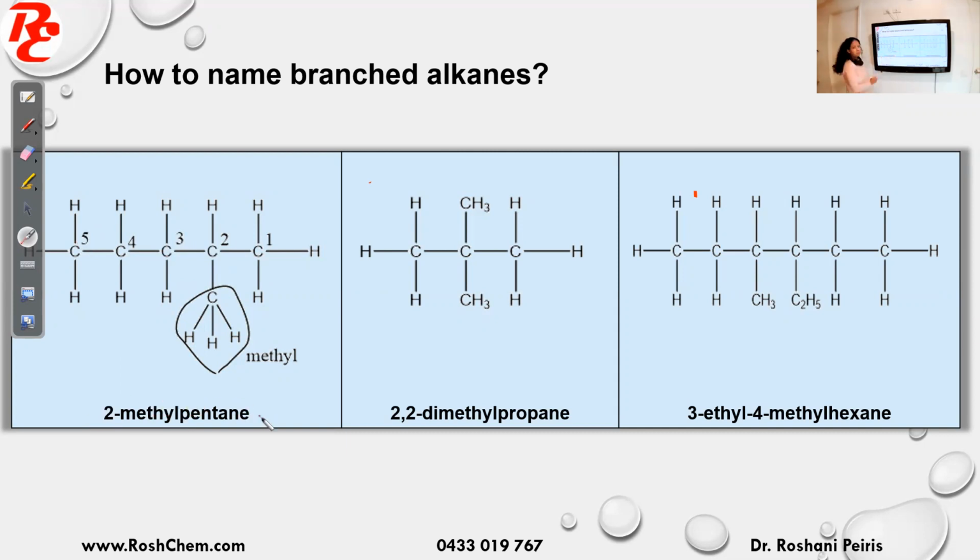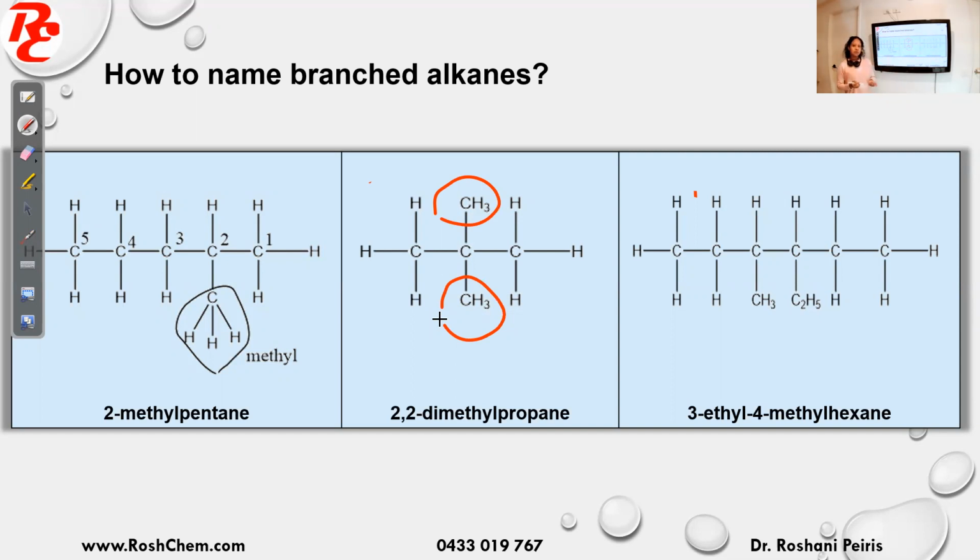So it's 2-methyl pentane. Right, and the next example. Now here you have a 3-carbon parent chain, which is propane, and you have 2 substituents, which are CH3. So both of them are CH3s. If you have the same substituent 2 times, we say di. If you have the same substituent 3 times, we say tri. So that's why I say it's dimethyl now, because you have methyl groups 2 times.